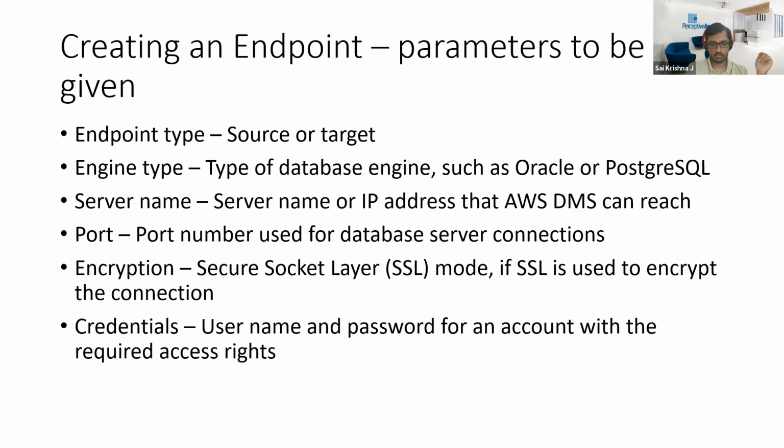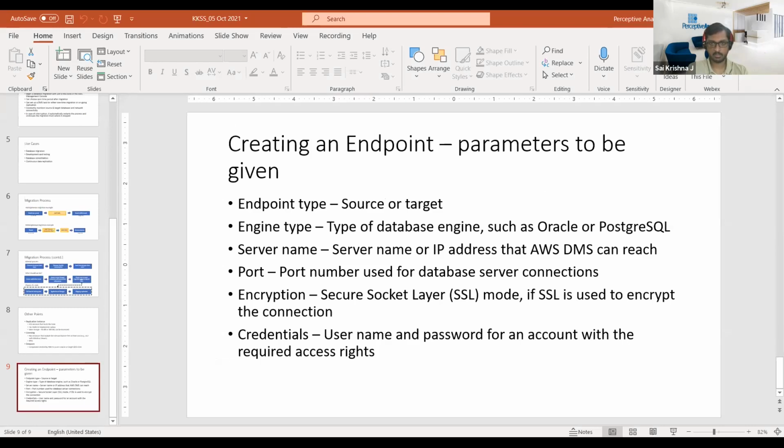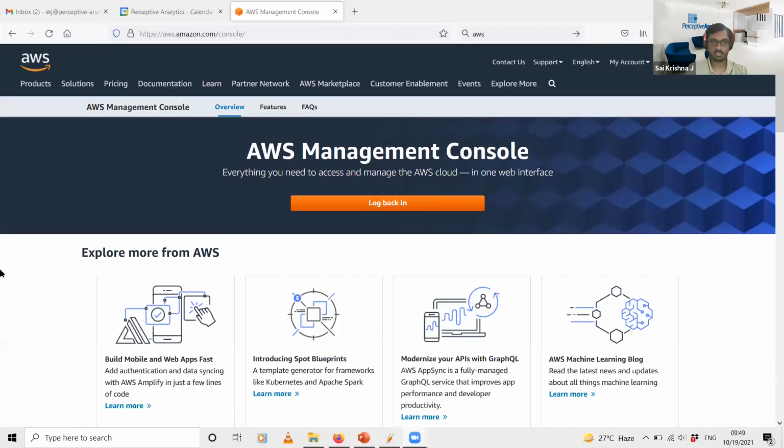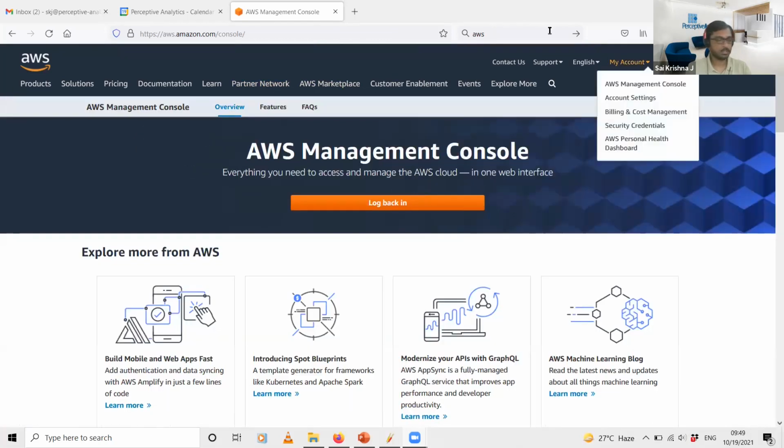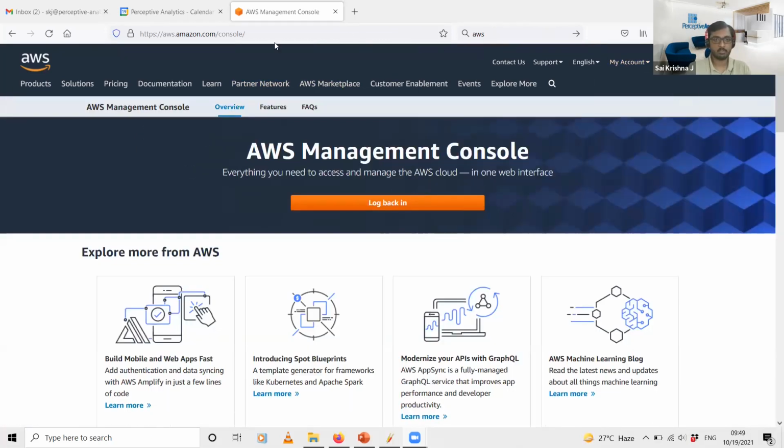Okay. So now let me just show you a demo of the AWS platform. Just give me a moment. Is my screen visible? Yes, sir. Okay. So you just Google AWS, and then this is the page that you have to go to,